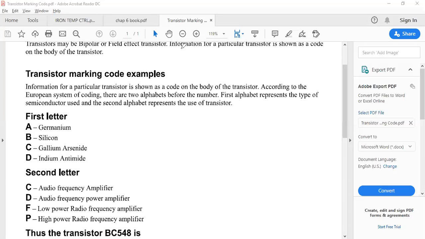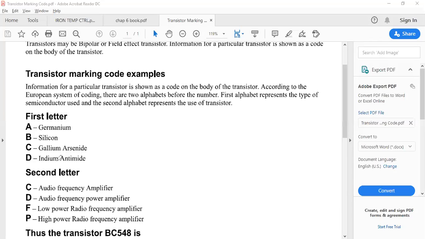If the second letter is B, it is a variable capacitance diode. We came through this topic in yesterday's class, variable capacitance diodes. So A and B can be used as a second letter, but those two are for the diodes.